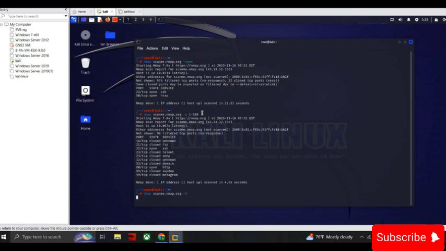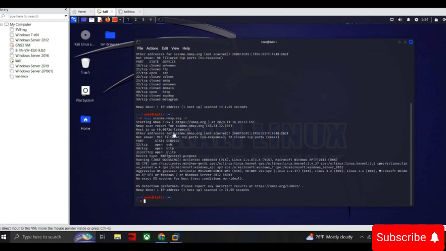If you want to only check for the OS, nmap scanme.nmap.org -O, capital O, uppercase, press enter. Here we can see all this information. The host is showing up, then it is showing all the open ports. Then the device type as WAP, then it is running Actiontec embedded OS, then Linux is also there, then Microsoft Windows,